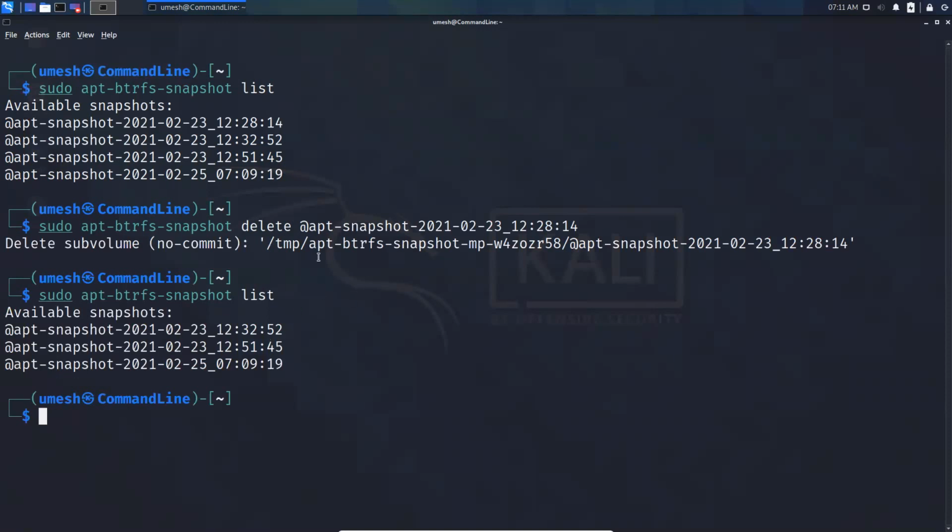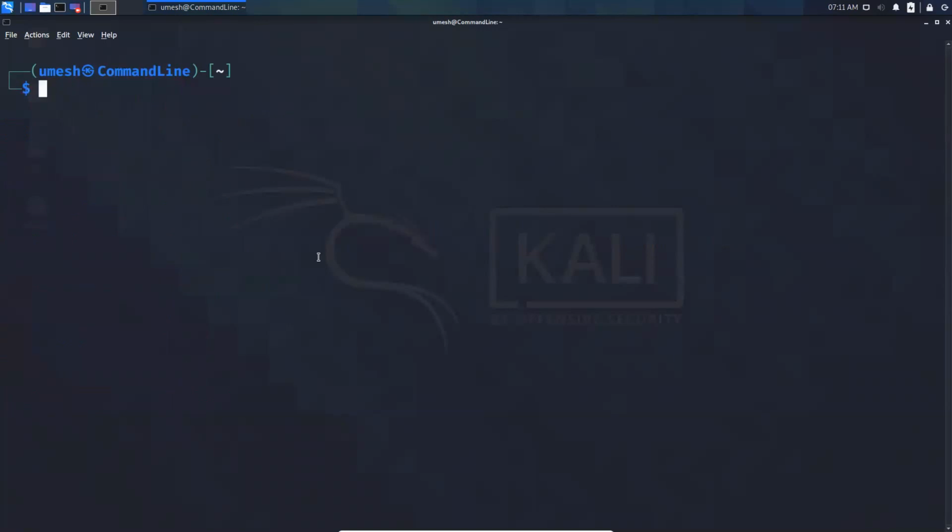So now let's roll back, and to roll back you just have to mount your disk to a folder. So we're going to do that now. Sudo mount, and let me show you my